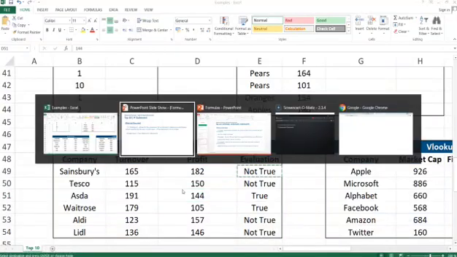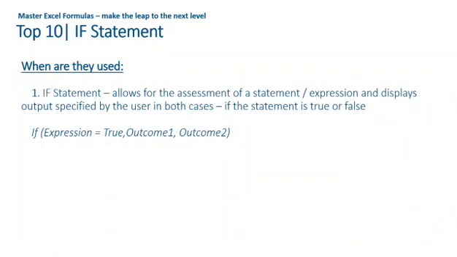Now going back to the presentation, and the next group of 4